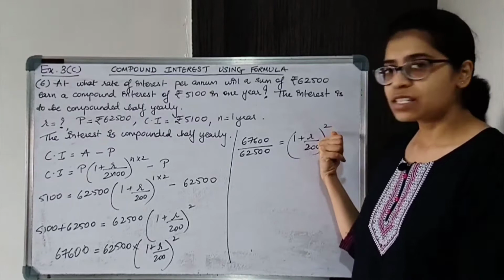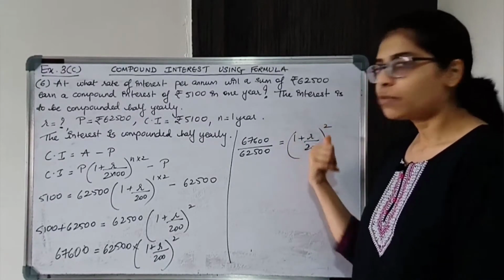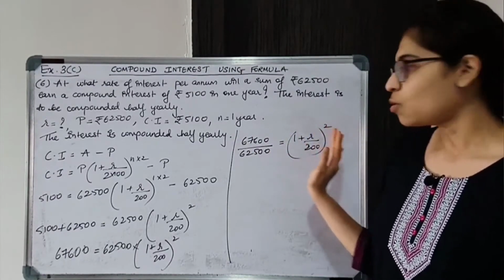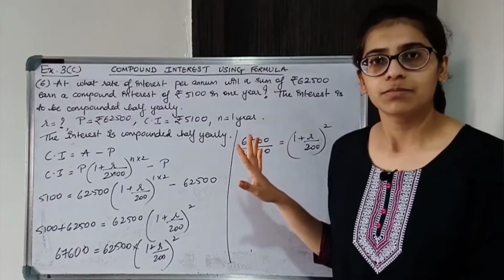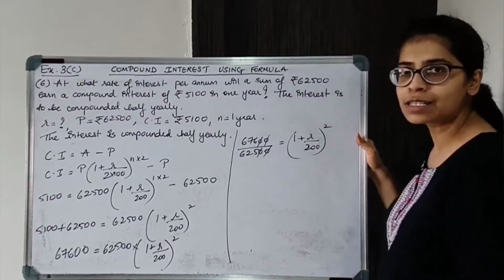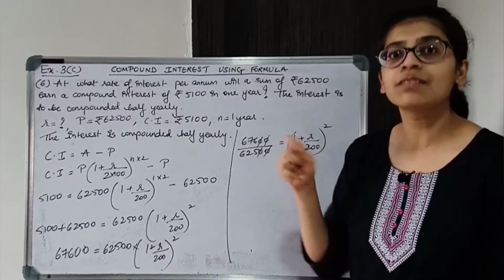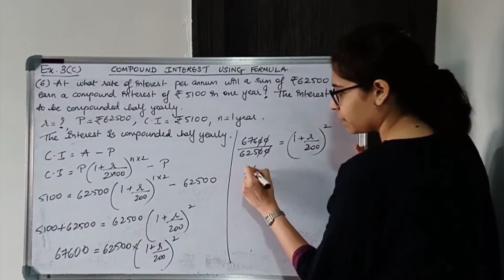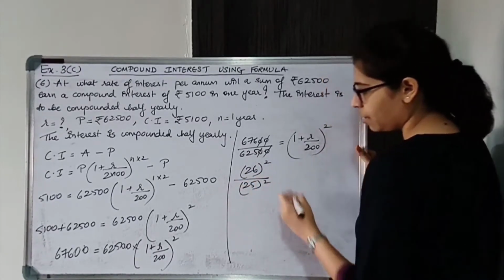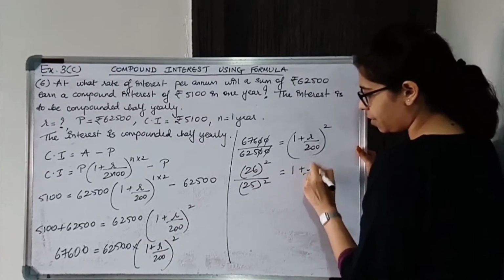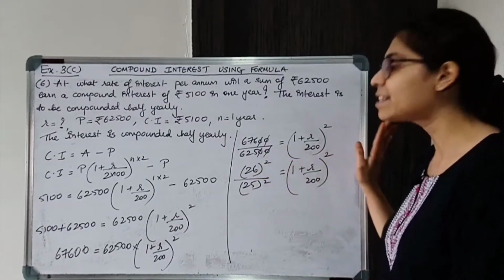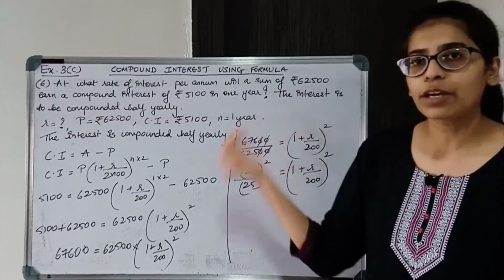Now, over here there is square. So, we don't need to actually use formula and solve this. What we'll do is instead we'll take square root on both the sides. So, make sure that you have square over here. Okay, you should get. So, on cancelling zeros we get 676 upon 625. Now 676 is square of 26. Okay, and 625 is square of 25. It is equal to 1 plus R upon 200 the whole squared. So if we take square root on both the sides, the squares will go away. Okay, so let us take square root on both the sides.